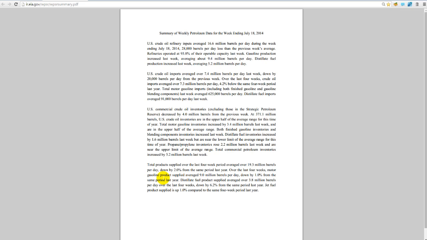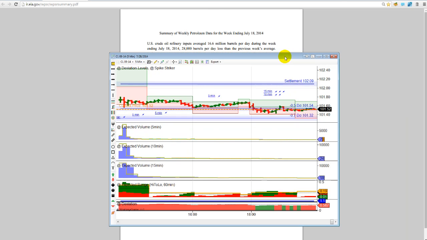But that's how fast you can get it, and if you can learn to read those 3 places, those are the 3 places you're going to want to pay attention to. Now, there's some other stuff in here that you can even get into. How many barrels of oil were imported, all this other stuff. But those are the 3 areas that I usually look at just to go, hey, what is it probably going to do? Now, if I go in and I pull up oil, okay, so I pull up an oil chart,